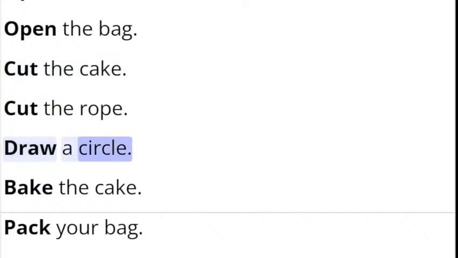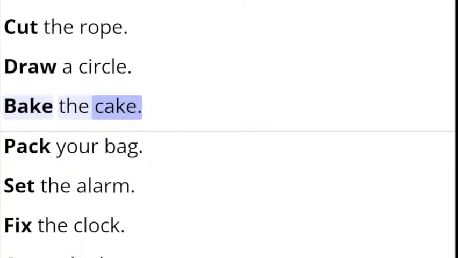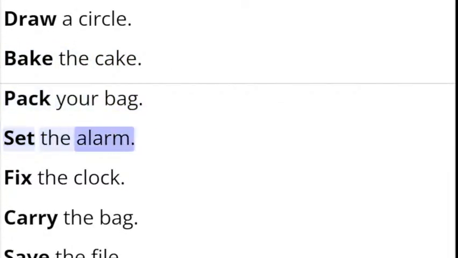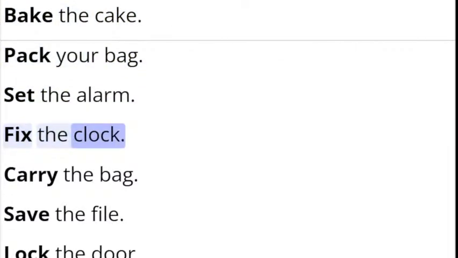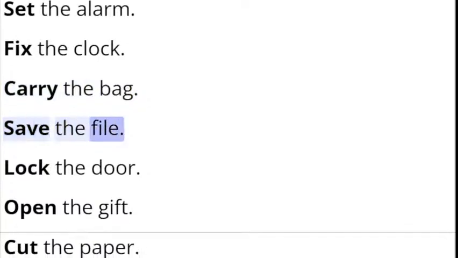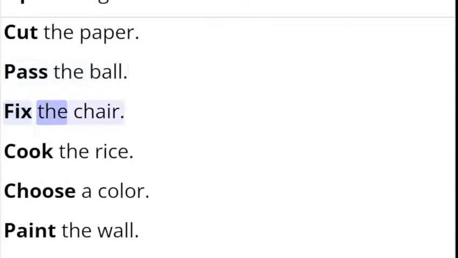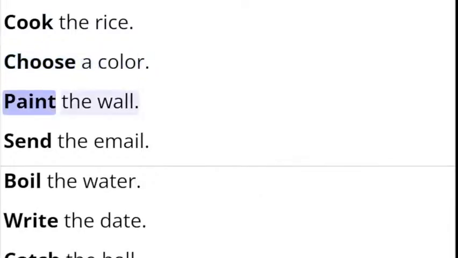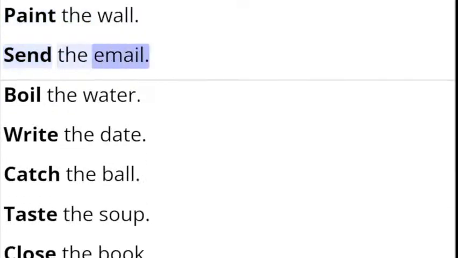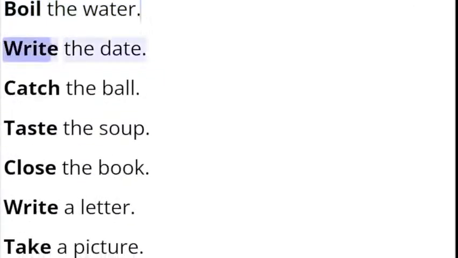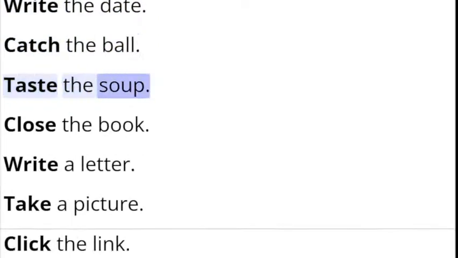Draw a circle, bake the cake, pack your bag, set the alarm, fix the clock, carry the bag, save the file, lock the door, open the gift, cut the paper, pass the ball, fix the chair, cook the rice, choose a color, paint the wall, send the email, boil the water, write the date, catch the ball, taste the soup,